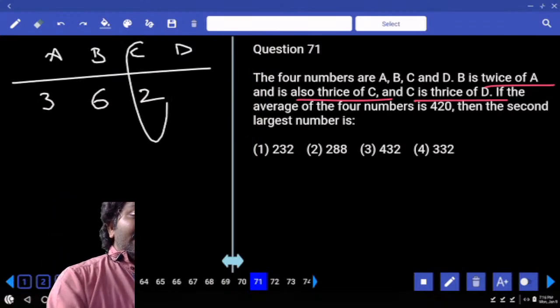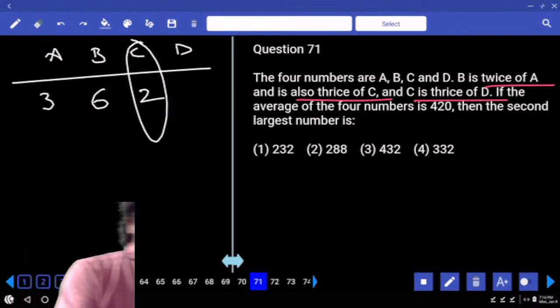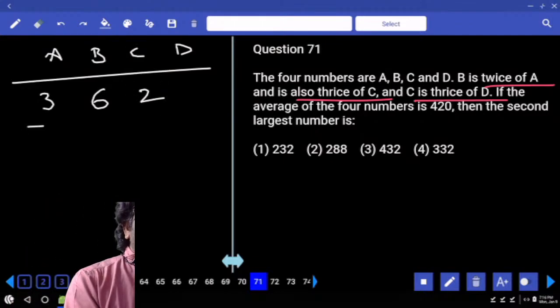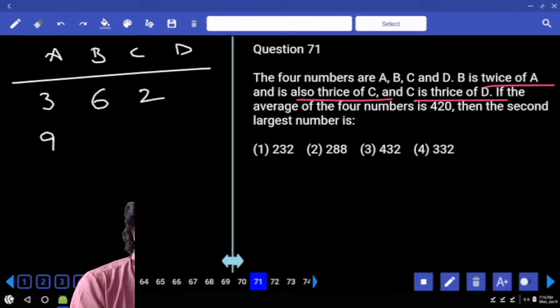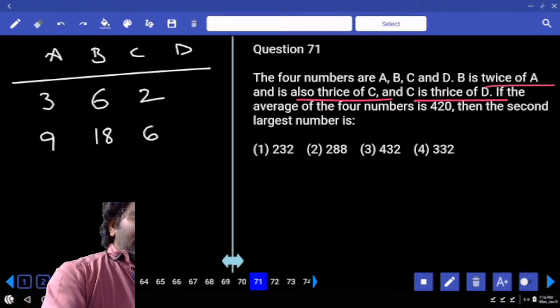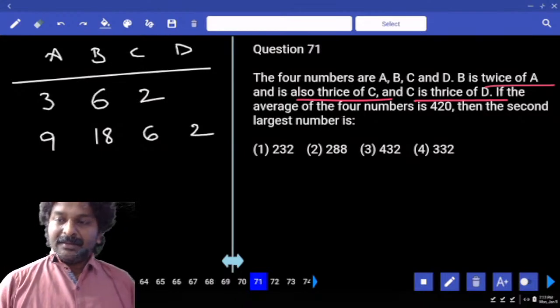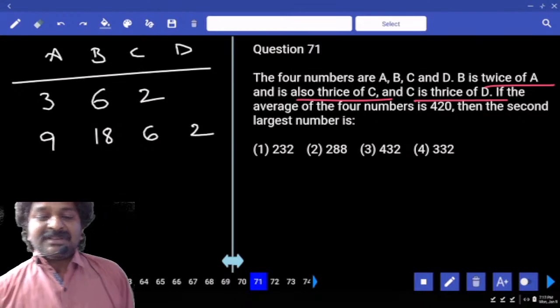C must be 3 multiple. Already we know C is 2. Let me multiply all these values with 3. 9, 18, 6. C must be thrice that of D. So D has to be 2. All conditions satisfied? Now, if the average of 4 numbers is 420,